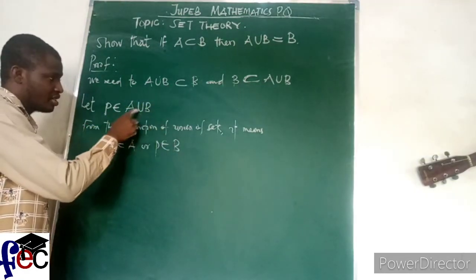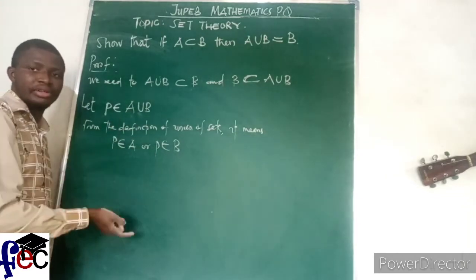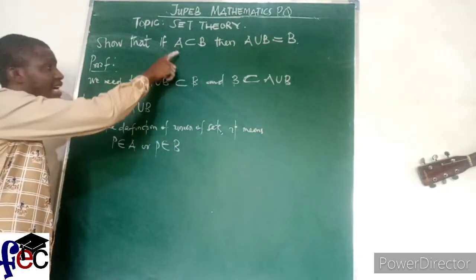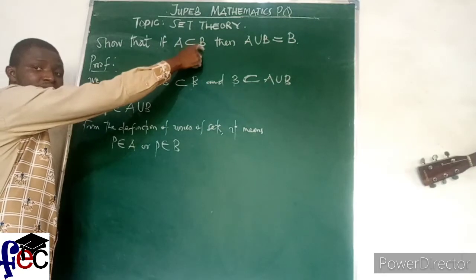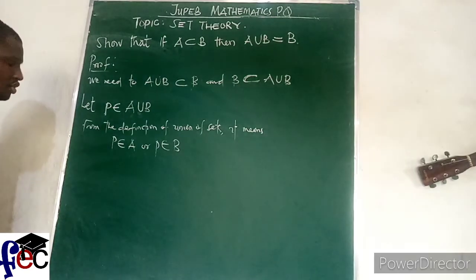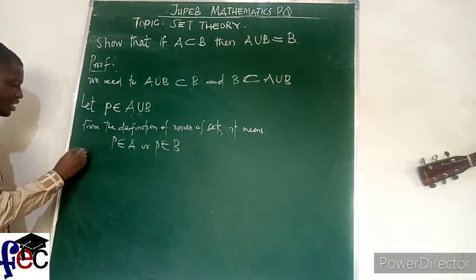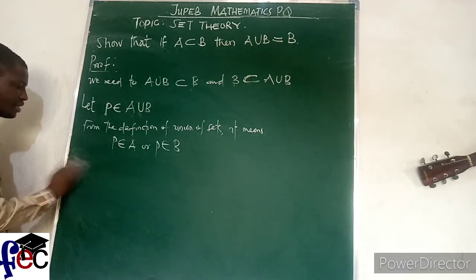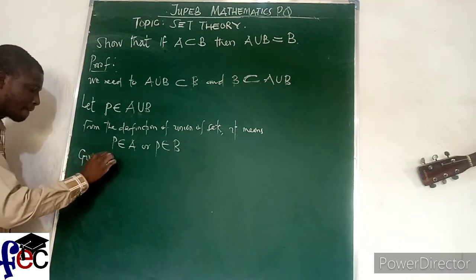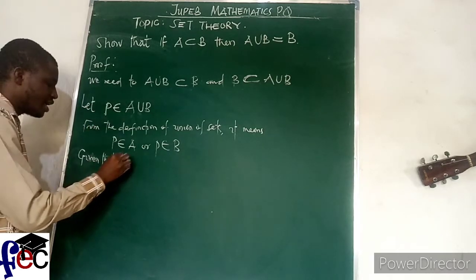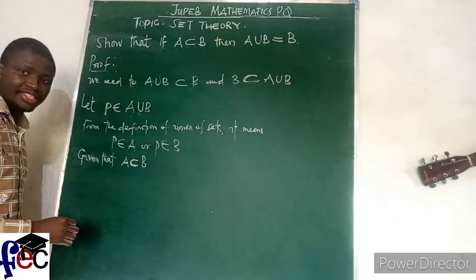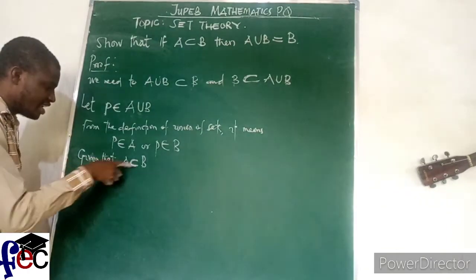Do you see? But see this now. So what do I do? They now give us information that A is a subset of B. Do you see that now? Okay. So look at it. Given that A is a subset of B. Are you seeing it? Given that A is a subset of B,